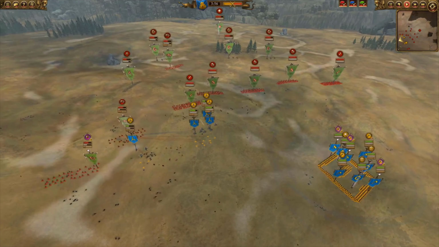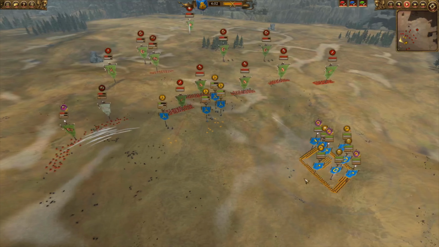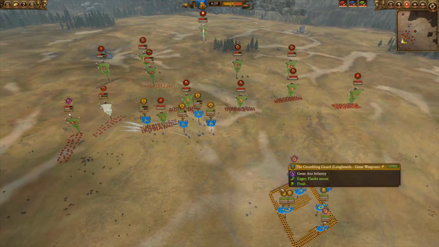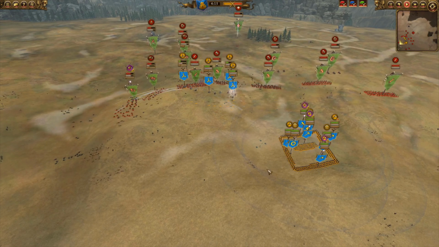We'll have to commit a little bit more, but there is a bit of theory crafting that a mass archer build could also give a box some trouble. So we'll see if that ever comes into play, but for now, it seems like the general skirmisher style is not working as well. Also important to note, for those of you unaware, fanatics do need to stay in melee